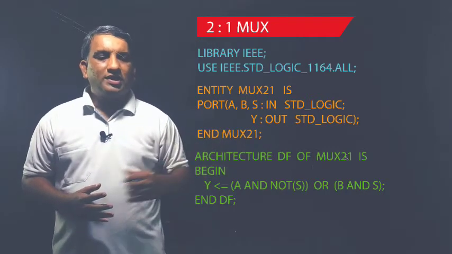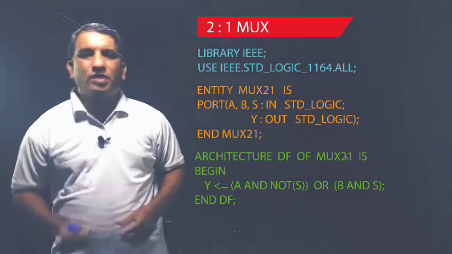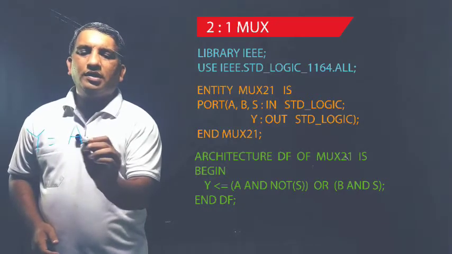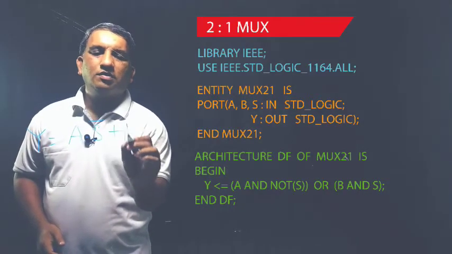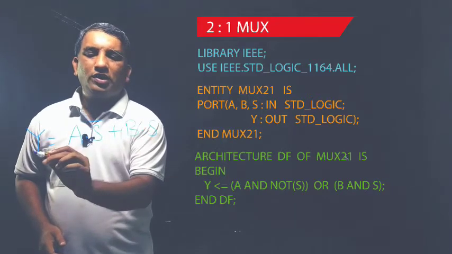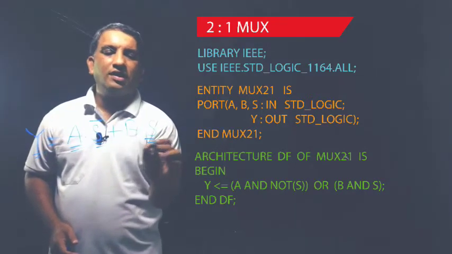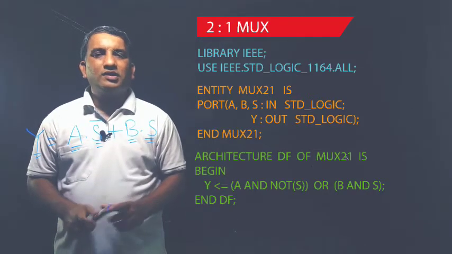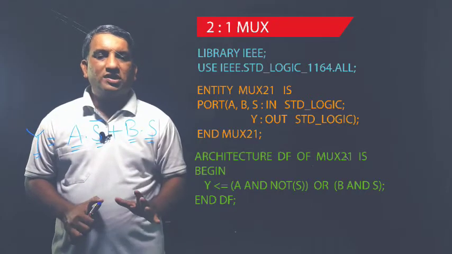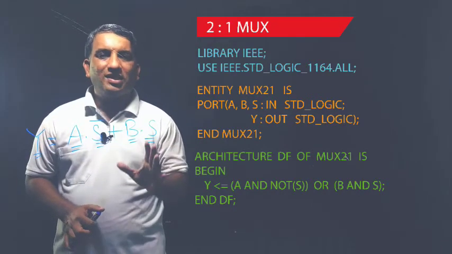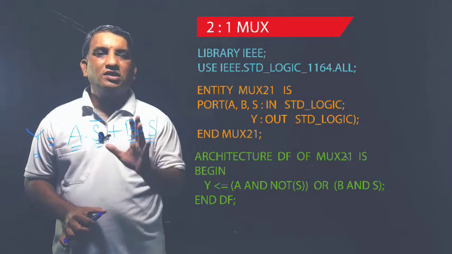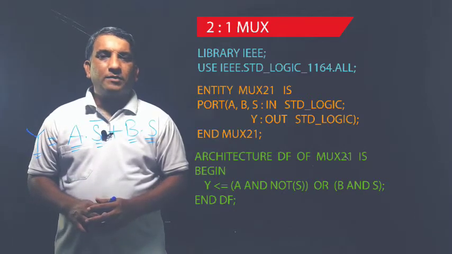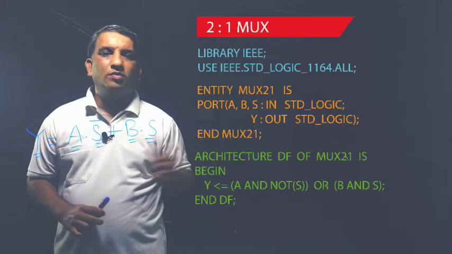Then if you see the output equation of this 2:1 mux, we are having the equation as the output y is equals to a dot s bar plus b dot s. So if you see the output equation, it consists of s, a and b only. So all these ports, they are declared in the entity part. So that's why there is no extra constant or variable or signal or ports or functions or procedure or component. So that's why we will directly start with the body of the architecture.